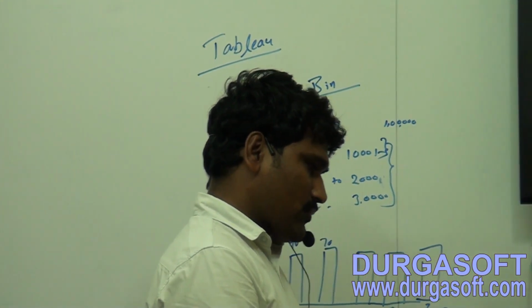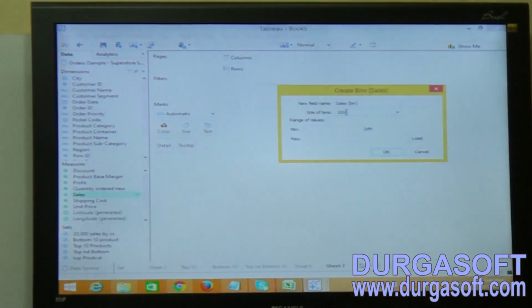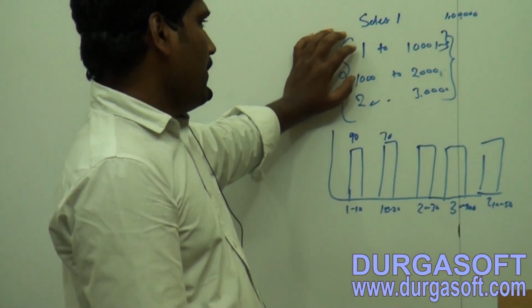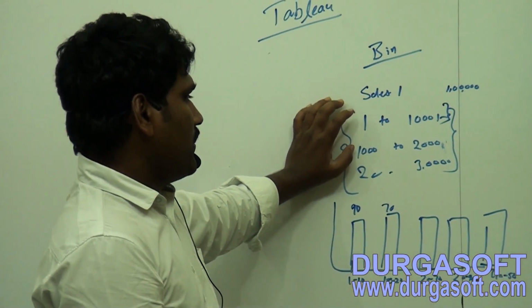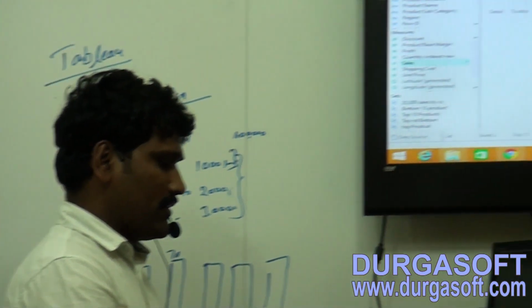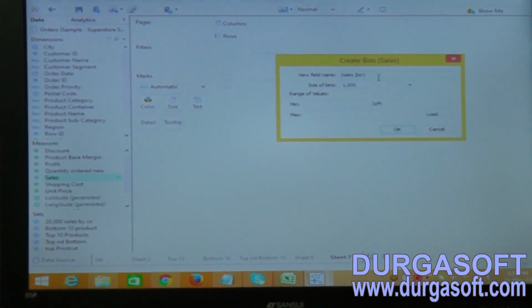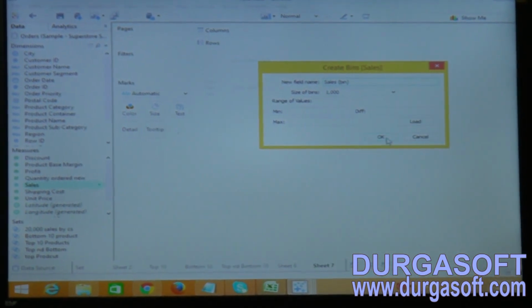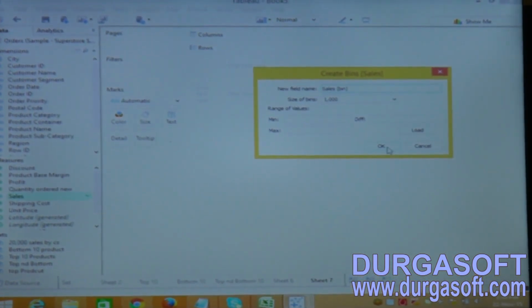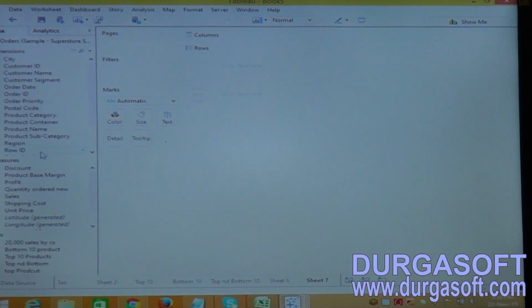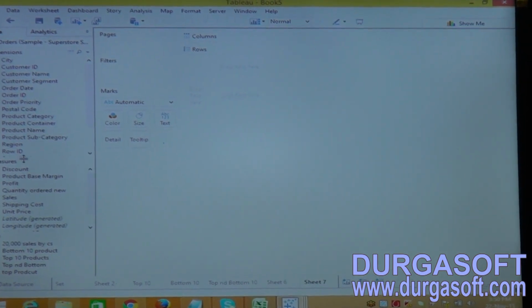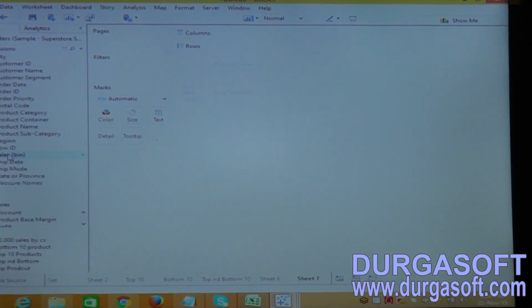Bin size is 1000 now, because I have to create a size for 1 rupee to 1000 rupees. Now sales bin is automatically created as a field under the dimensions only. Go to the dimensions and see this, we have a sales bin.